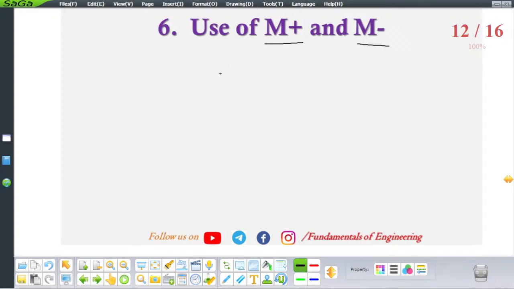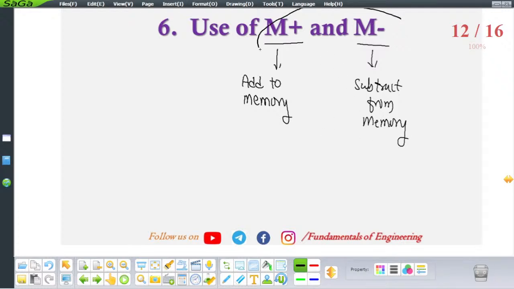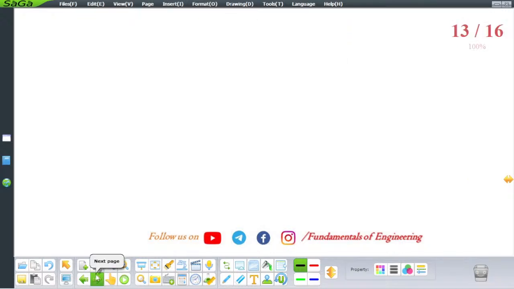So what is meant by M plus? M plus is used to add to memory, and M minus is subtract from memory. If you know these two functions, M plus and M minus, very well, then you will love that scientific calculator and you can use it for understanding the formula. So M plus and M minus we will solve by using the same